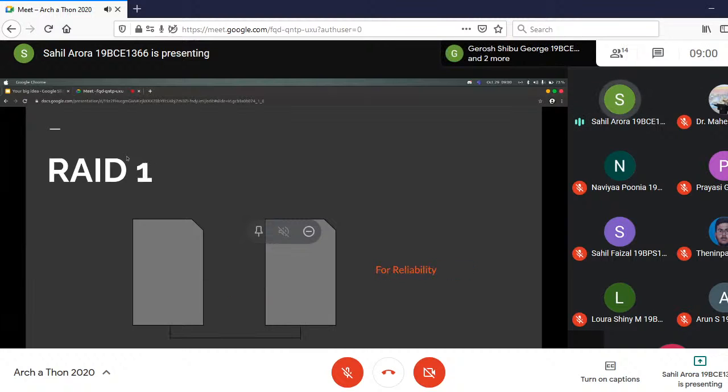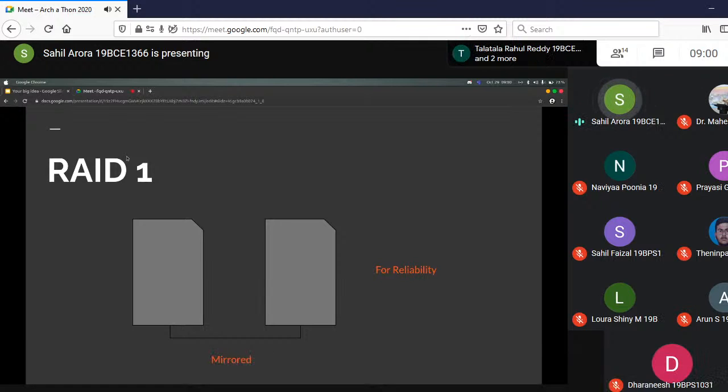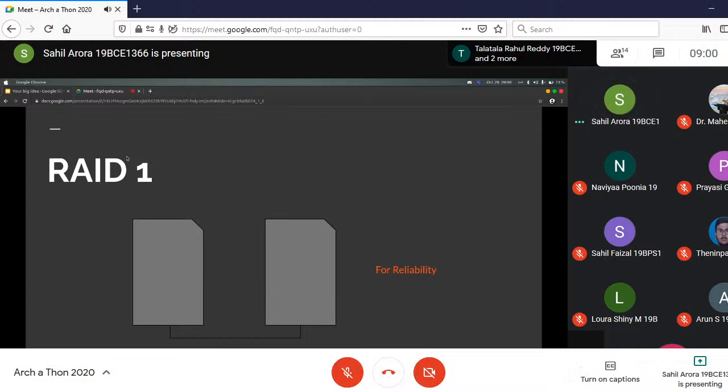Moving on to RAID 1. A RAID 1 array consists of 2 drives minimum. In this configuration, one disk drive is a mirror of the other, meaning that they both have high performance and they store the same data on them. The upside of this array is the increased performance